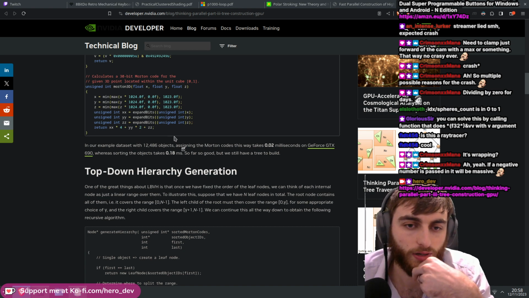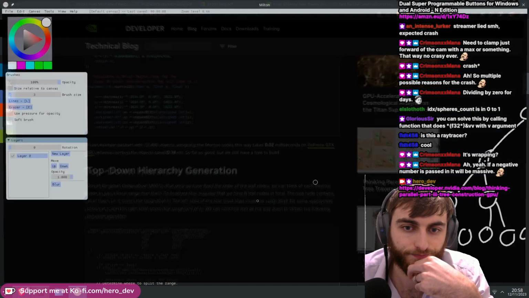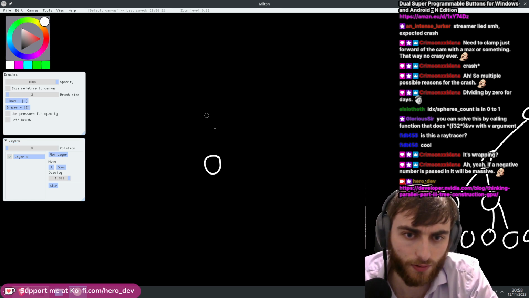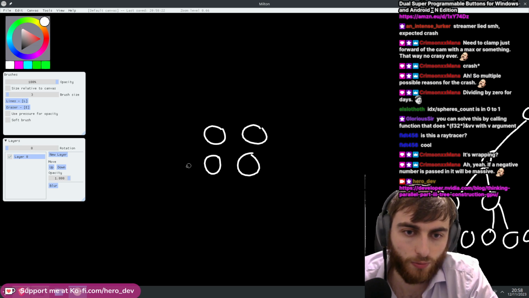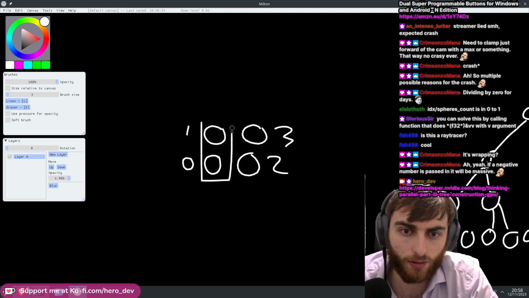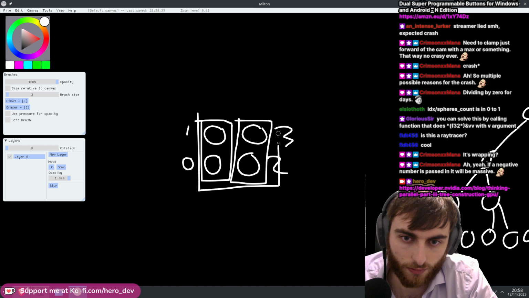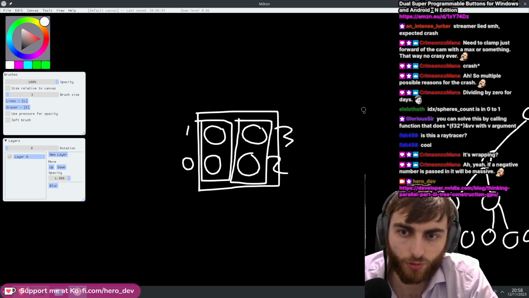So what we've done now is you can have your spheres in 3D space. And this one would have 0, this would be 1, this would be 2, and this would be 3. So we can ideally wrap one bounding box around these two, another bounding box around these two, and then a bounding box around these guys, right? So that will create a tree like this,